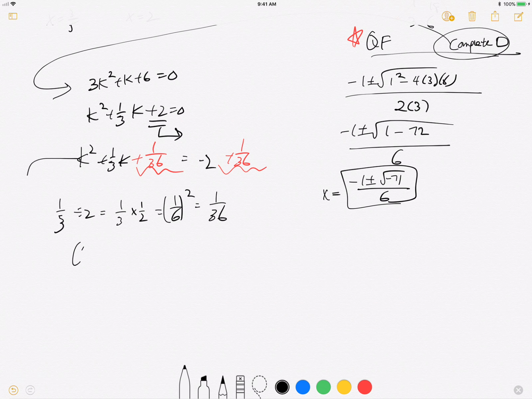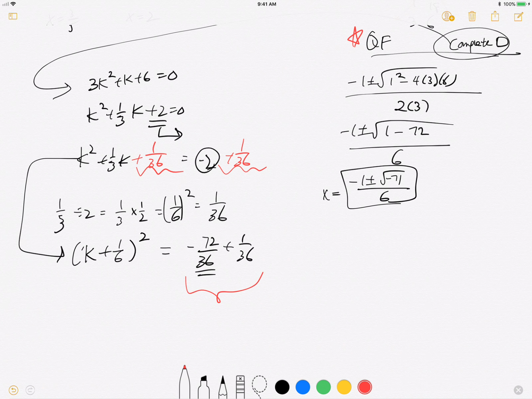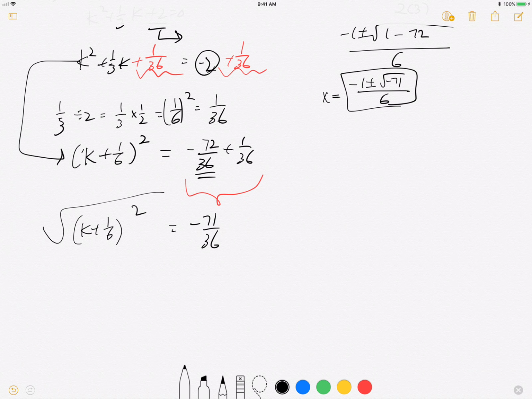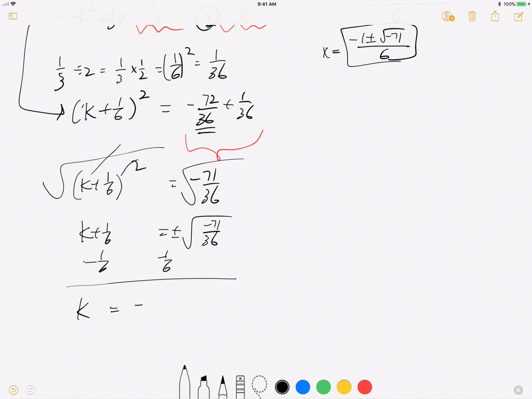Afterwards, the factor for this one is going to be k plus 1/6 squared is equal to negative 72/36, because that's what negative 2 is going to turn out to be with the common denominator of 36. And when you add these two together, it becomes negative 71/36 is equal to k plus 1/6 squared. Square root both sides to get rid of this. K plus 1/6 is equal to the square root of negative 71/36. There's a plus and minus in the front, please don't forget that. Subtract 1/6 on both sides, and your final answer will be negative 1/6 plus and minus the square root of